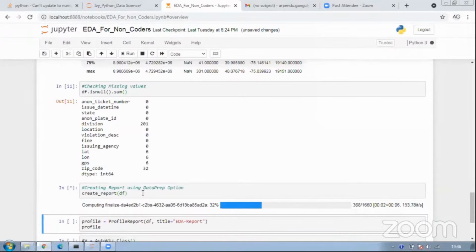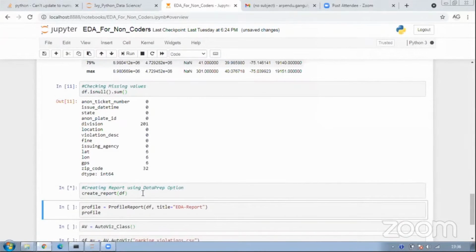This is where it will try to give us an inference, or generate a lot of insights based on each of the variables. Let it pop up, and we will see how handy this report can be, instead of writing separate code for separate variables and doing a lot of visualization for separate variables, right?